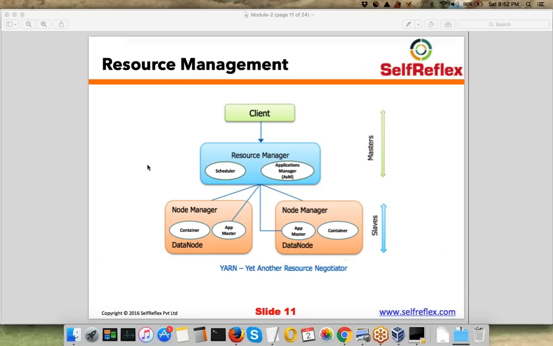If your resource manager dies, your processing stops for that duration. There are ways to have backup of resource manager as well, but that's not something that is typically used in production. So as I said, Mahavir, only your processing stops. Your data is still safe.